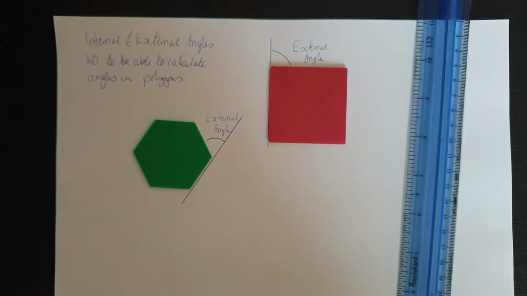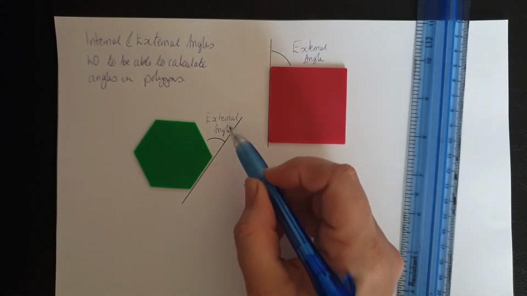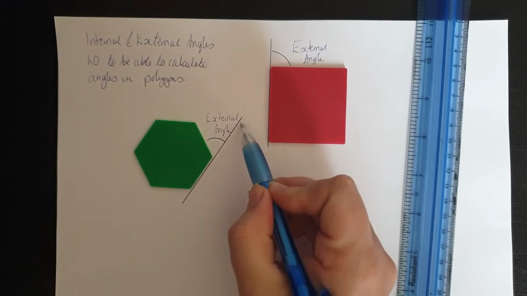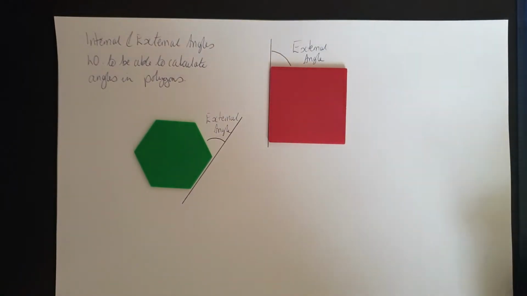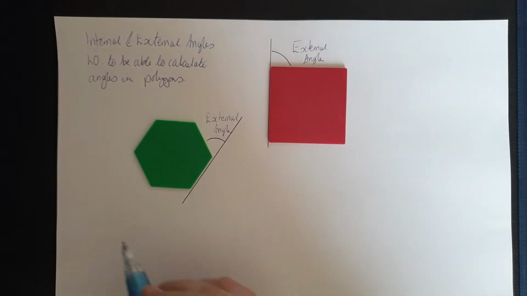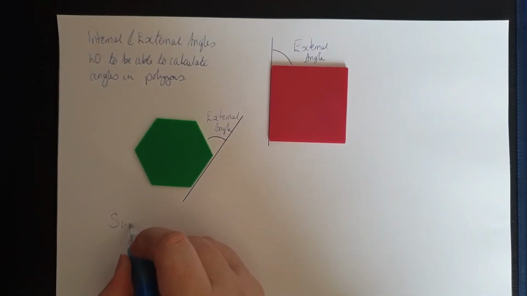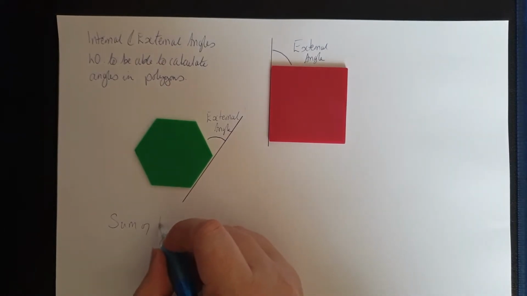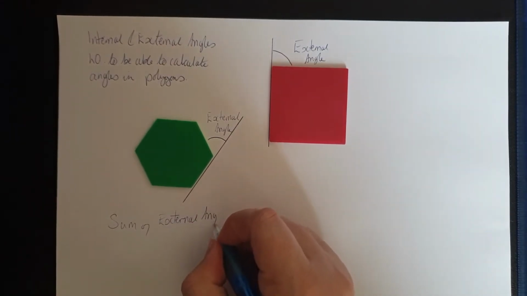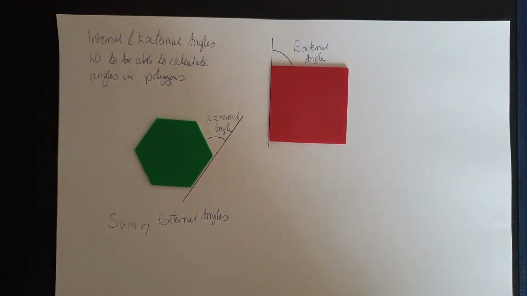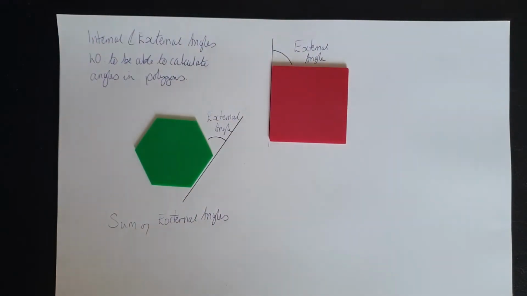Okay, etc, etc. So you're extending the edge, and the angle between that extended edge and the next edge is the external angle. But the question is, how do we calculate the external angle? Now, the sum or the total of all the exterior angles always has a connection. Okay, so if we take this protractor,